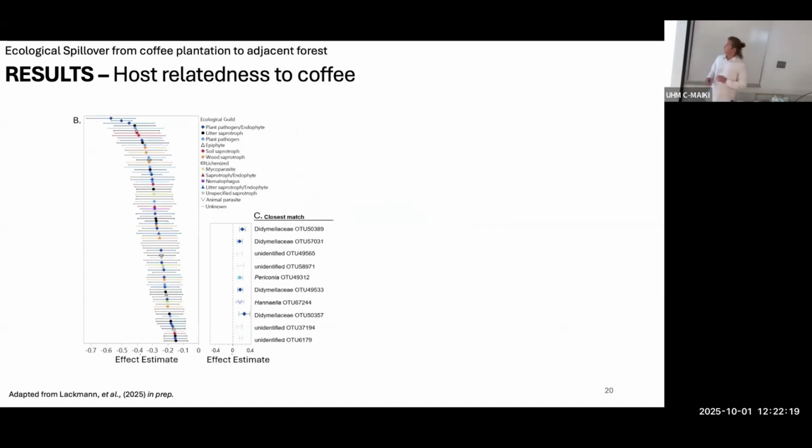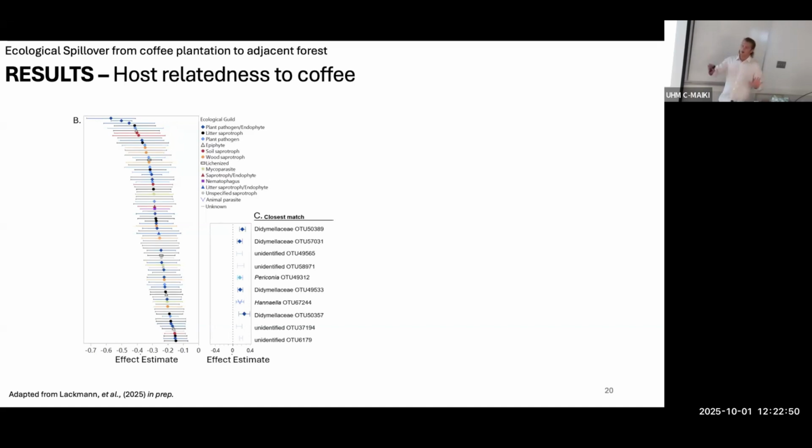Finally, we wanted to actually ask about particular taxa, not just a broad taxonomic group. So I built a generalized joint attribute model, which is a modeling approach where you can model a bunch of different response variables jointly. In our case, we used OTUs with different predictors. And so in this case, we had phylogenetic distance from coffee on the host plant. We had physical distance, we had site. And essentially what we found was that